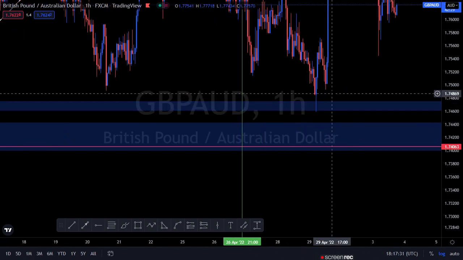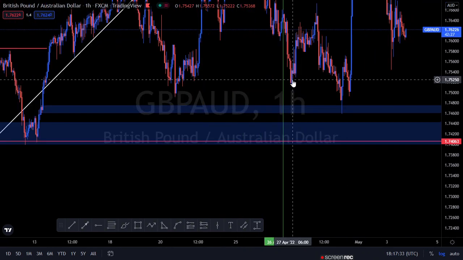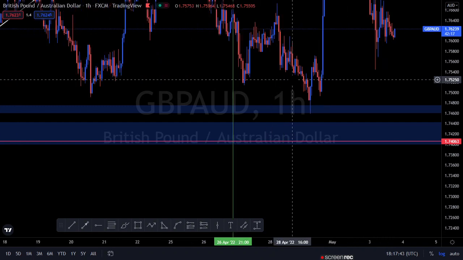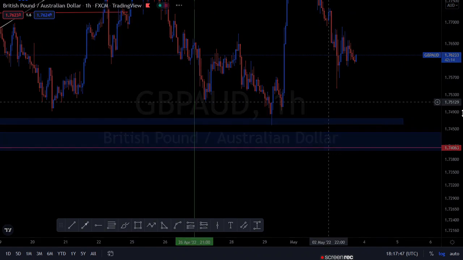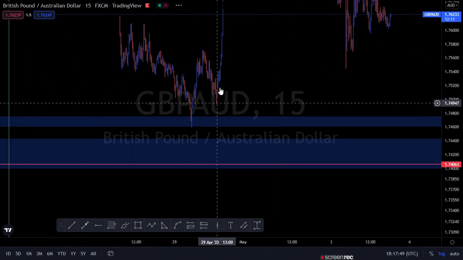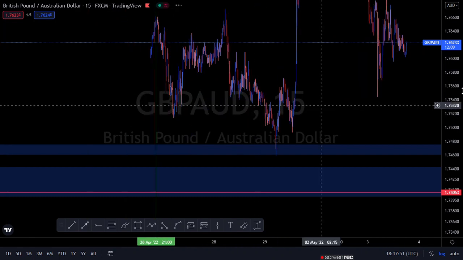Good. So now let's go to this place. Our first point is valid because it is bullish. Our second point is valid. Why? Because we have a bullish order block. Now it's left with confirmation. So you scale down to the 15 minutes time frame. In the 15 minutes time frame,